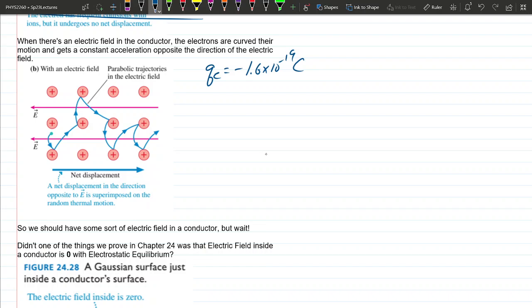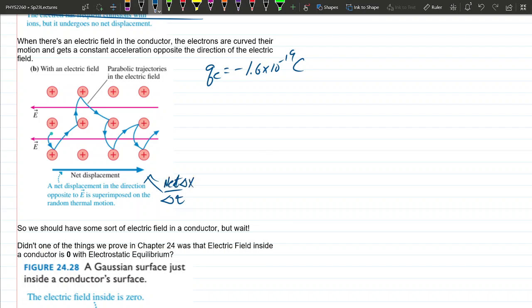So if you apply an electric field inside this conductor, what's going to happen is that instead of bouncing in random directions, there'll be a tendency to go towards the right. It's still bouncing around crazy like a ping pong ball, on that little fair game that I talked about last time. But there will be a net displacement to the right. This net displacement to the right over time,